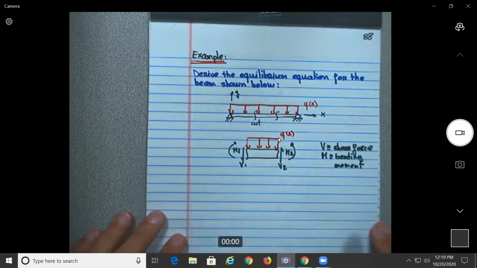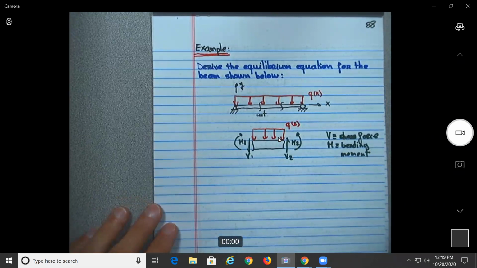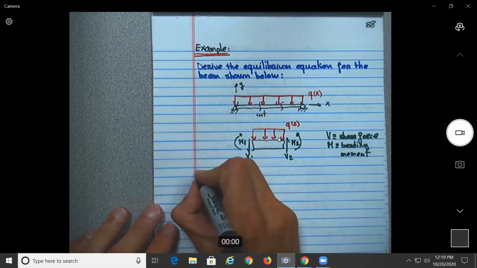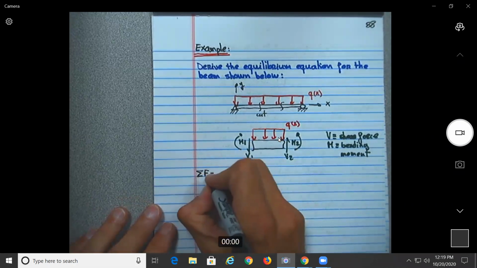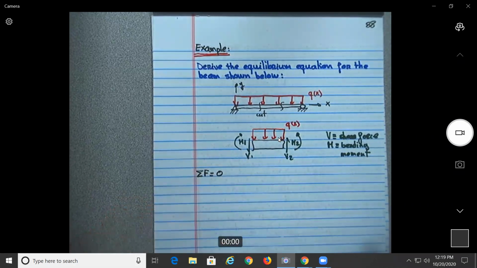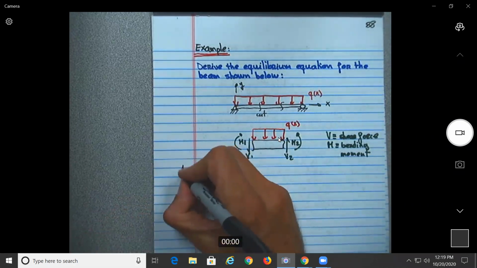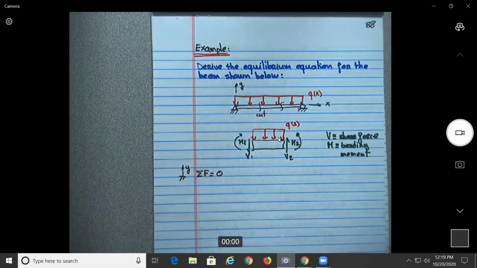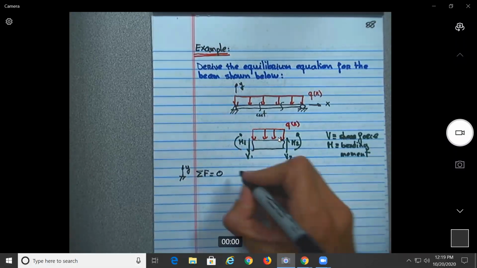Okay, so if we assume only translation, what is the equation we're going to use? Summation of forces equal to 0. Okay, in this case, what would be the direction? Let's say I choose the Y direction, no? If you want, just put summation of forces on the Y, it would be easier. So if I do only that on the Y, what do you get? You get minus